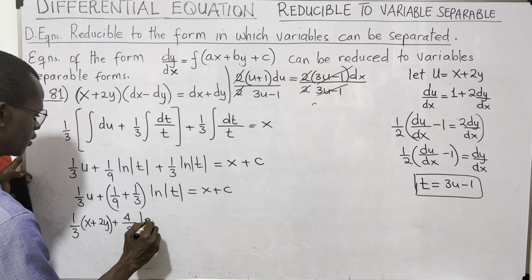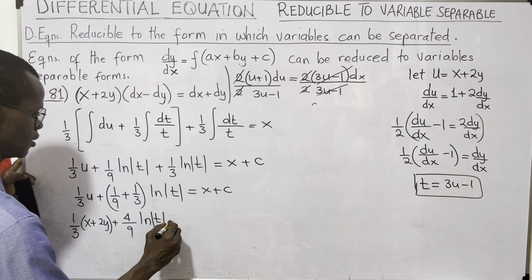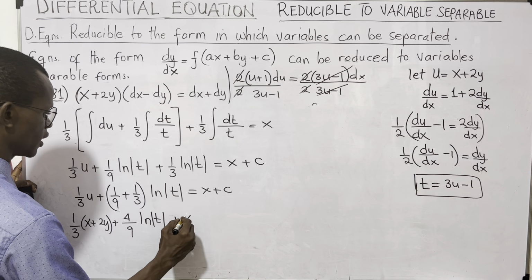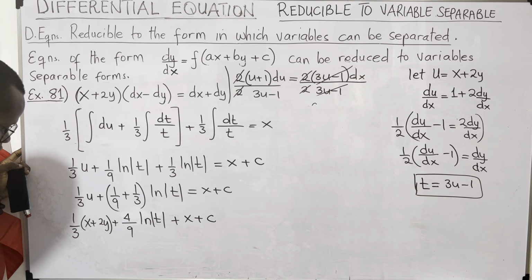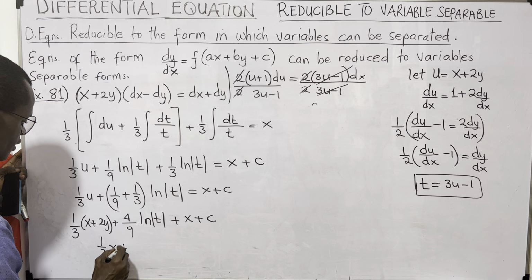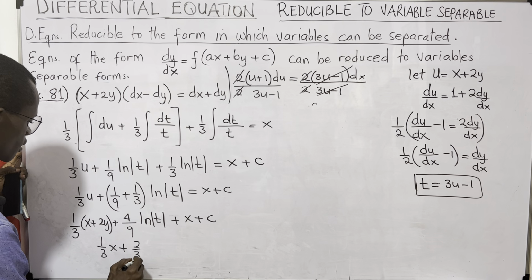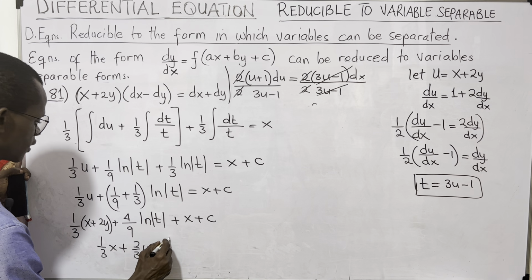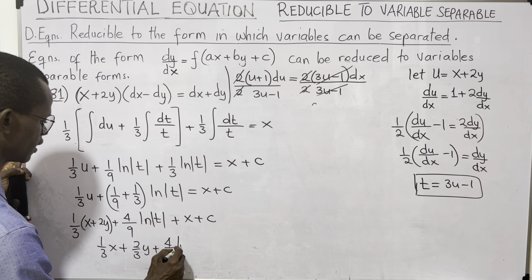And this is ln of t, plus x plus some arbitrary constant c. So we can multiply. We have 1 over 3x plus 2 over 3y plus 4 over 9 ln of t